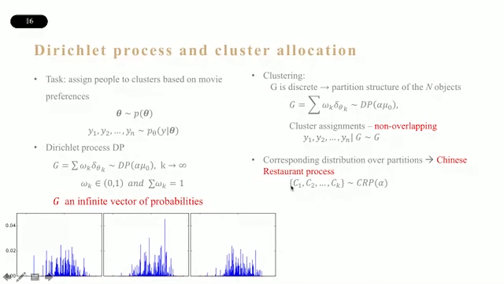By looking at the dataset and by using some inference mechanism, the Chinese restaurant process is able to learn K, the number of clusters that are represented in the dataset. So, the takeaway message before moving on is that the Dirichlet process, and actually the Chinese restaurant process, defines a non-overlapping cluster partition with the number of clusters possible to go to infinity.